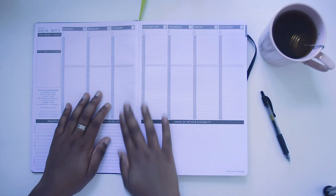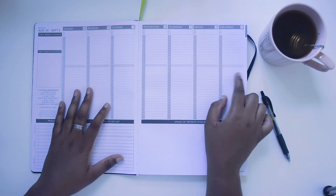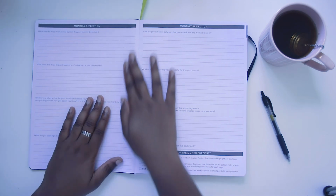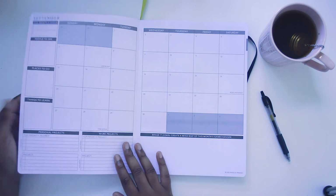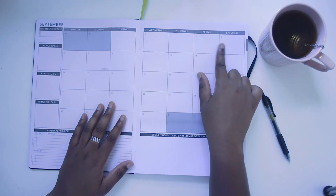And then this is this week. So I'm filming this on Saturday and editing it on Saturday. And then we end up hitting a monthly reflection page and the September spread. So we're here in September,